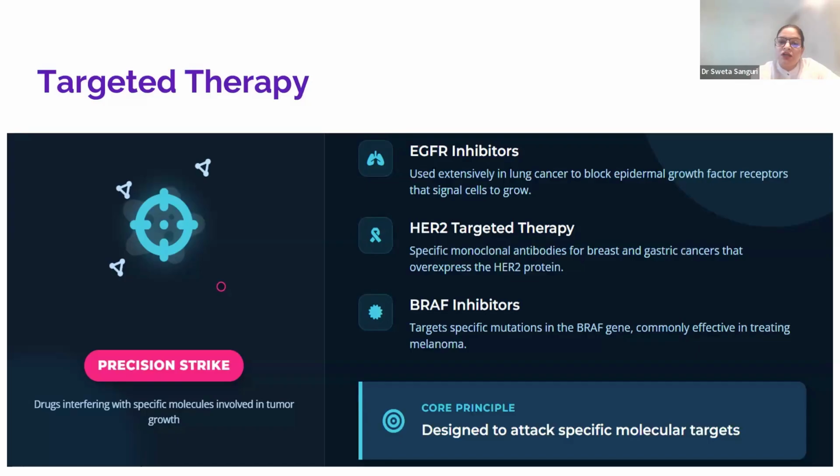Because the receptors are too many, they start sending constant growth signals to the breast tissue. So this HER2 targeted therapy specifically targets the cells which overexpress HER2 protein. It will find these cells and kill the cells which are making more HER2 than necessary. One of the targeted therapies is trastuzumab, which blocks these receptors and stops the signal, so the cell